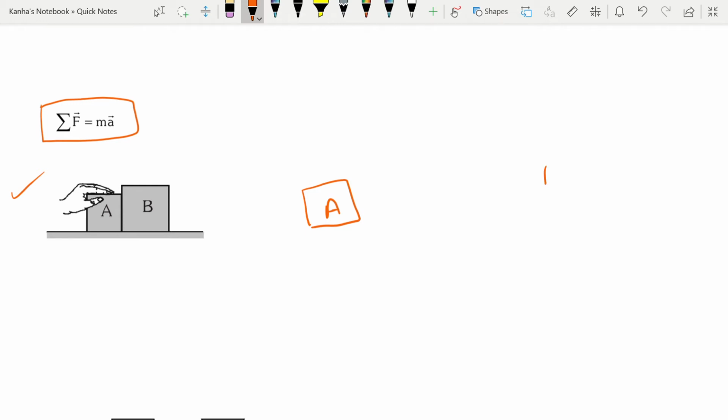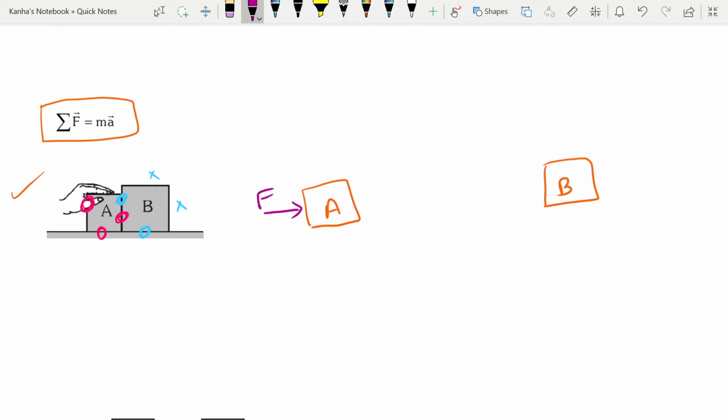So I have a block A, I have a block B. I'll make the free body diagrams of both. Now what is the procedure for making a free body diagram? You would first of all calculate the contact forces. A is in contact here, here and here, so there are three contact forces for A. Now if I calculate the contact forces for B, how many contact forces will there be? There is a contact here, there is a contact here, there is no contact here. So B has a total of 2 contacts and A has a total of 3 contacts. For 3 contacts I will have 3 forces, which is very simple. So I have a contact force F, let me call this F.